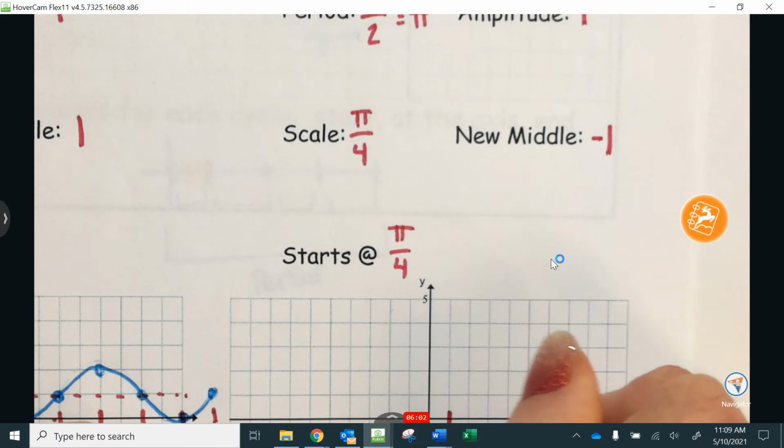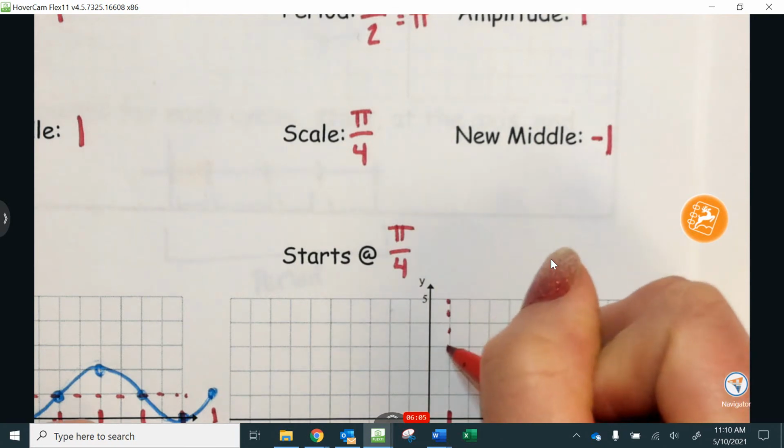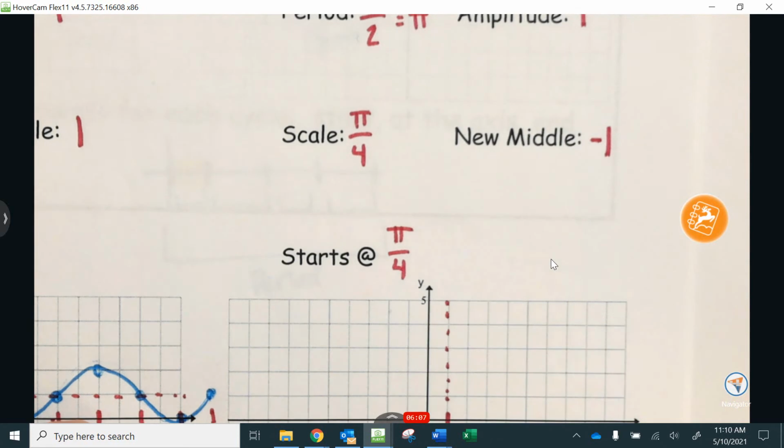So here's my pi over 4, and that is my new, sorry, it's lunch,